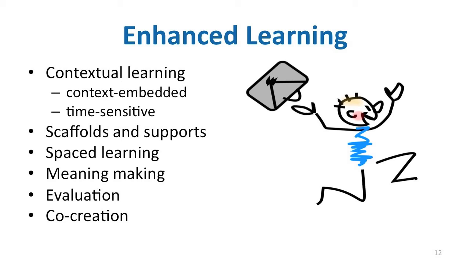Mobile social networks also support learning which is spaced over time through bite-sized pieces of information and feedback, which are potentially their contribution to the co-creation of new knowledge. As far as meaning making, it's further supported by the continuous exchange as well as exchange of multimedia artifacts. Peer and self-evaluation and assessment can be augmented by the built-in ranking and rating tools, for example, the like post in Facebook,